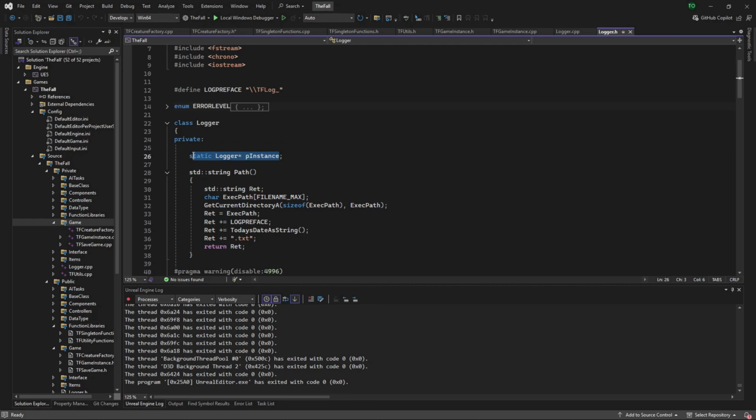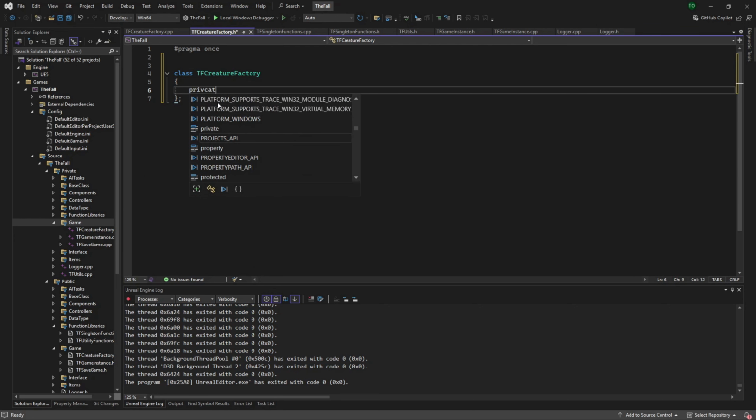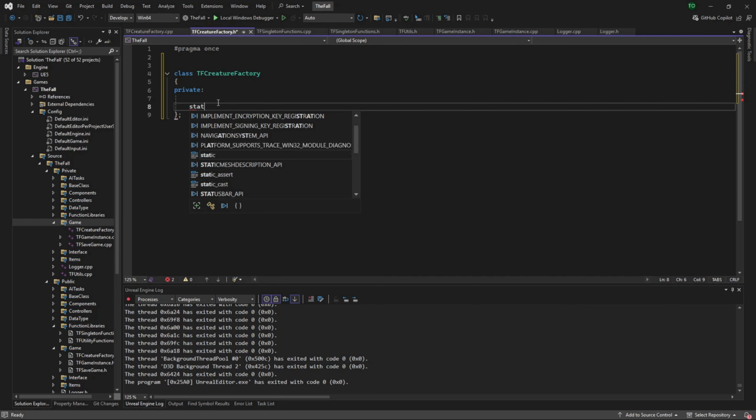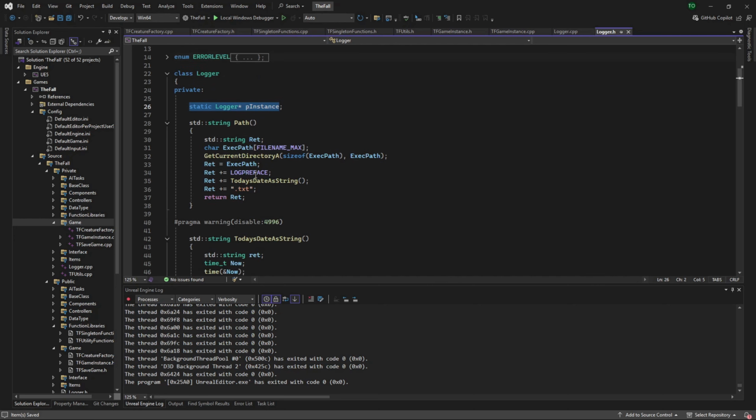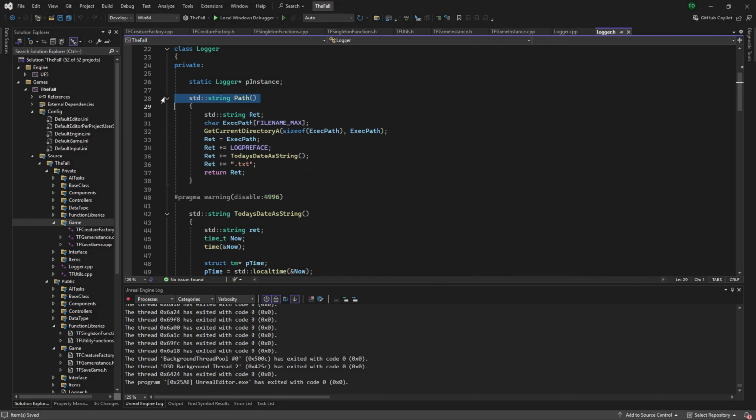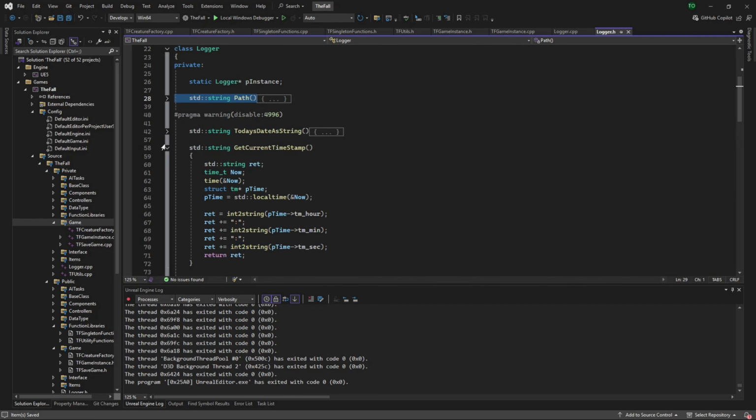We have a static class pointer called instance. So private, static TF Creature Factory pointer P instance. And then I'm actually going to end up moving this to a helper function, but into TF utilities actually. But anyways, and then we go through,